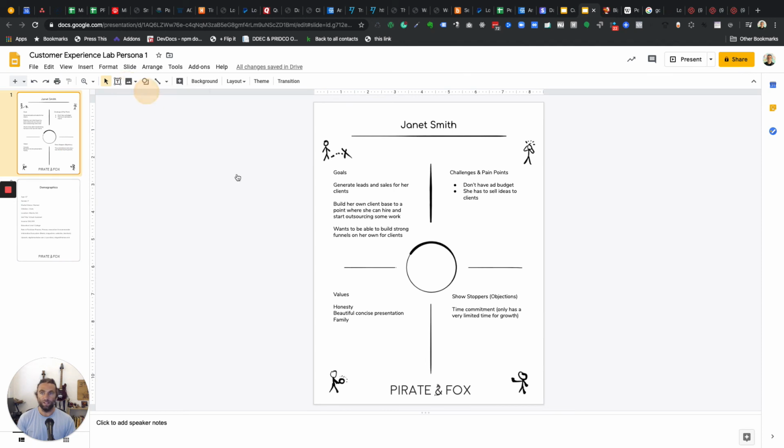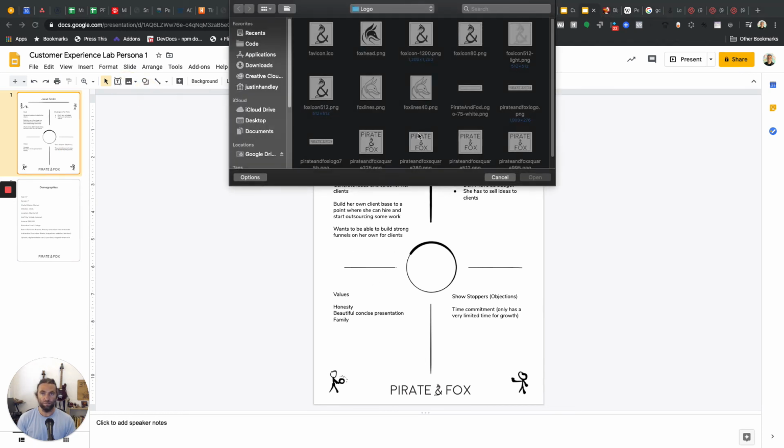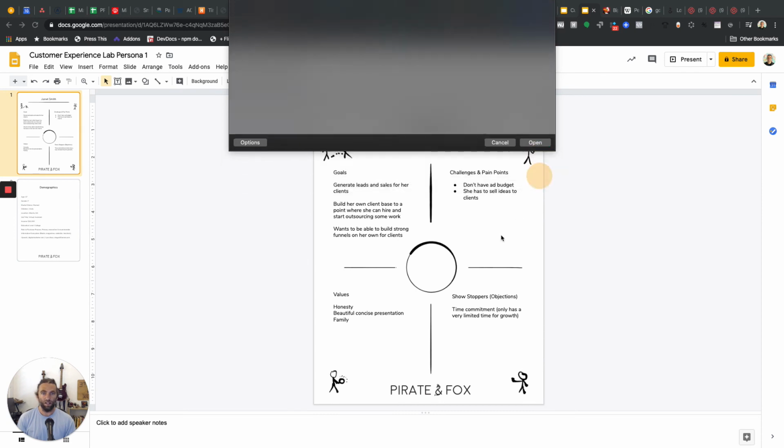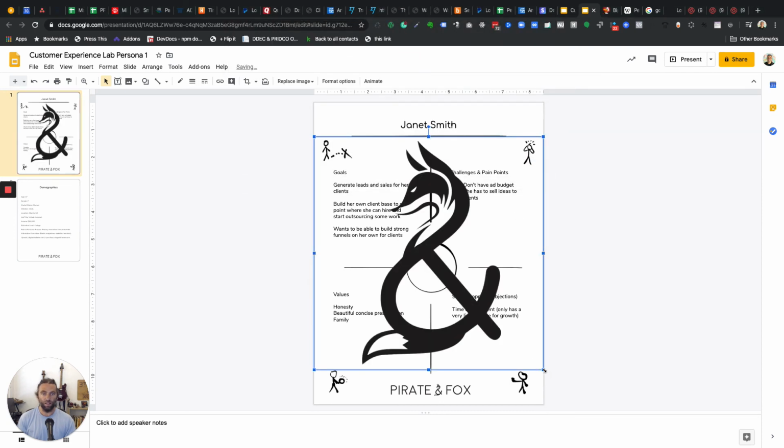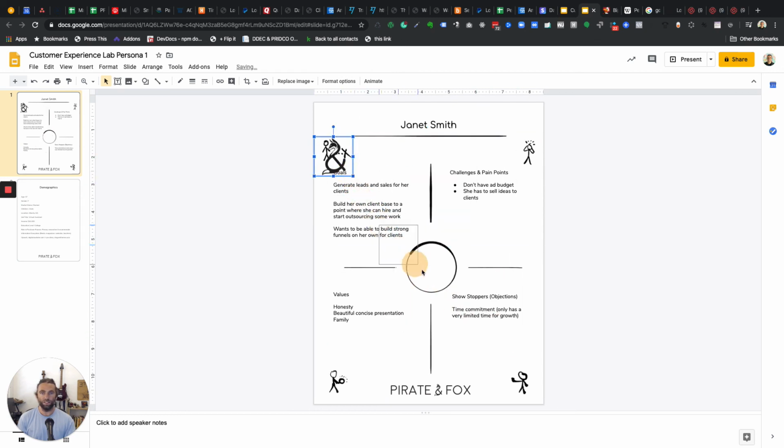ahead and add an image, and I'm just going to pick something random from my computer that I happen to have, and I'm going to shrink it right down. Now normally you would pick a person's face. You can just Google images or something that represents the person, and you can stick them right there in the middle. If it's a square image and it's not transparent, so it blocks out my really nicely hand-drawn circle that I drew just for you guys,